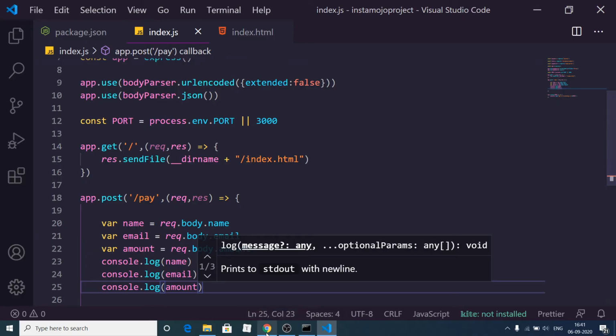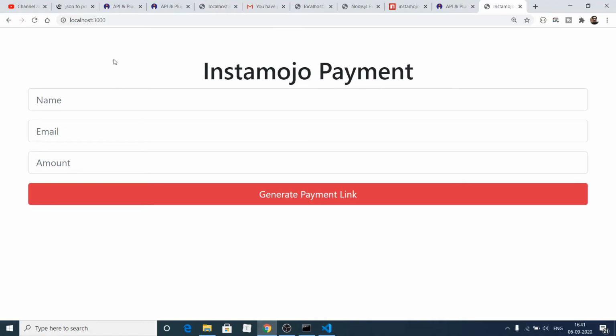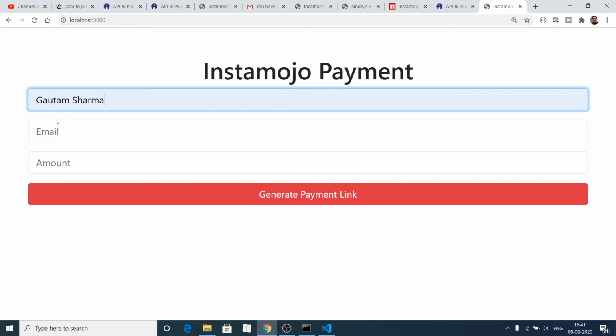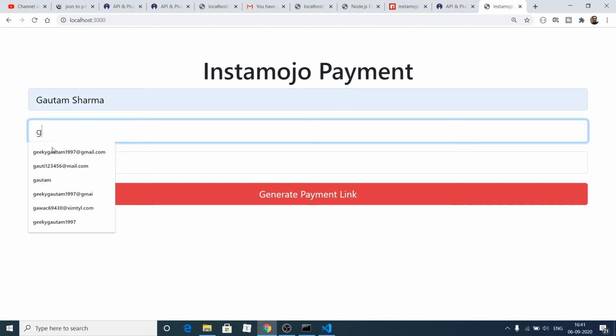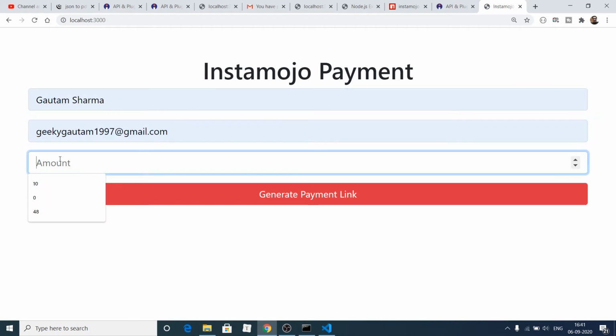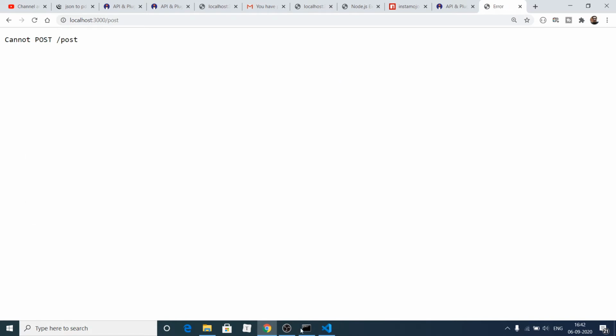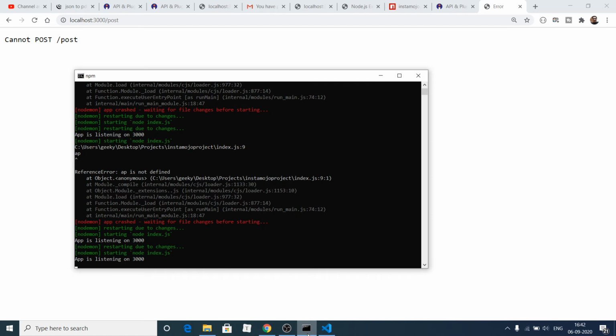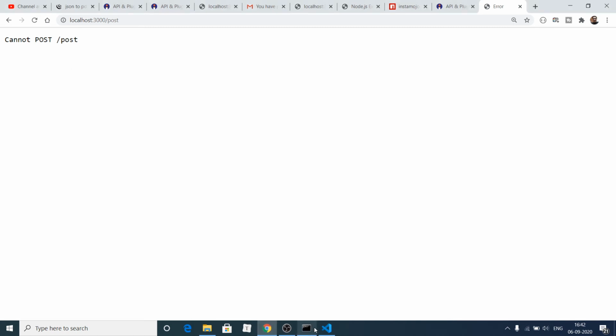Now if I refresh it, you will see, if I type name, email address, and let's suppose the amount is 5 rupees, click generate payment link, you will see cannot POST /post. Let me just see what is the problem.